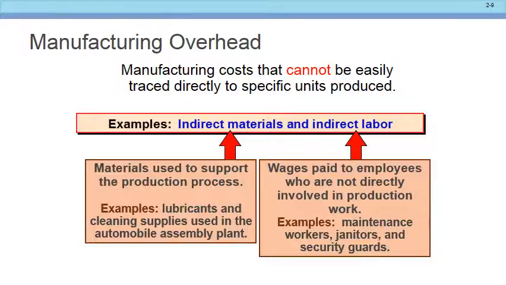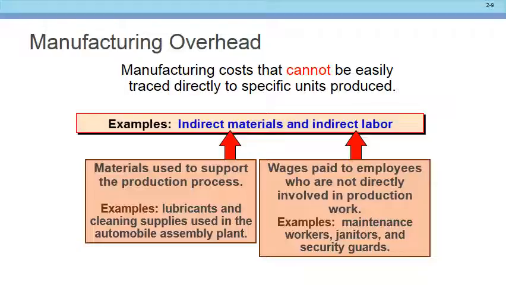Now, it so happens that labor can be direct, indirect, materials can be direct, indirect, and overhead is always indirect. But our manufacturing costs include labor, materials, overhead. This is the cost that we put in to produce a sandwich, right? So that we have a sandwich at the end. We've got to have the materials, the bread, the meat, the labor, the amount of time that the person spends on there, the overhead that we allocate, indirect labor and the indirect cost as well, right? Okay, that all goes into the product.